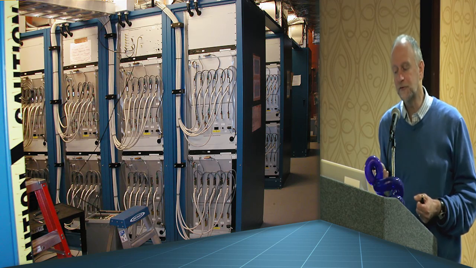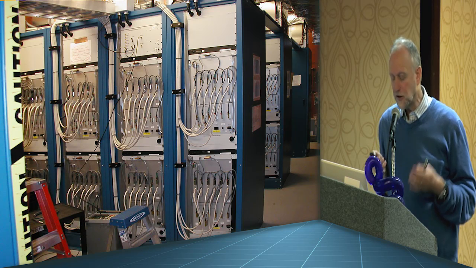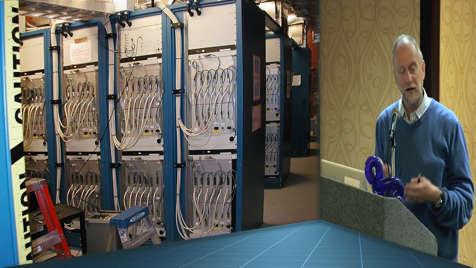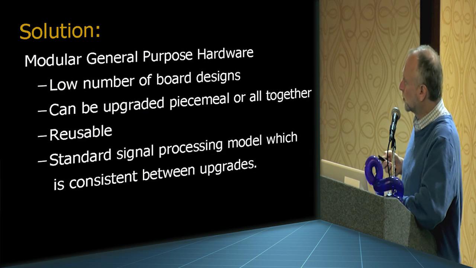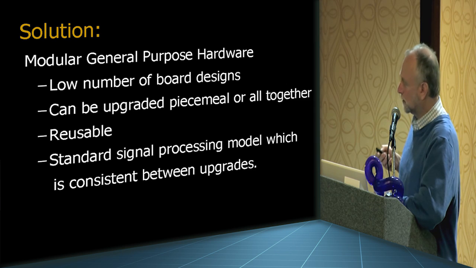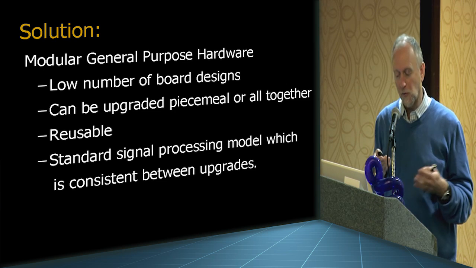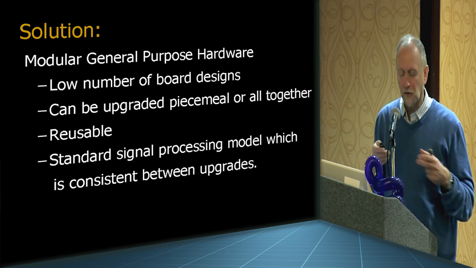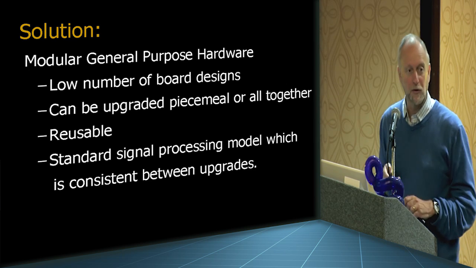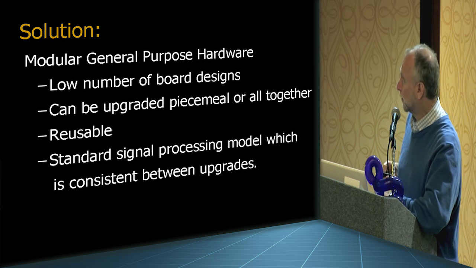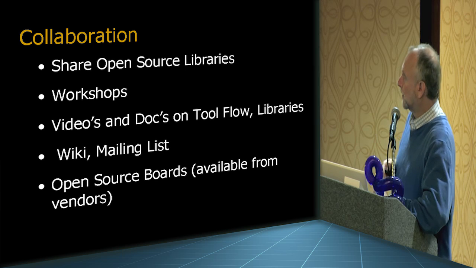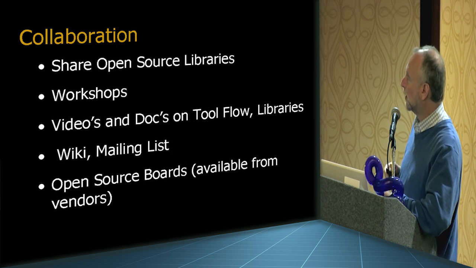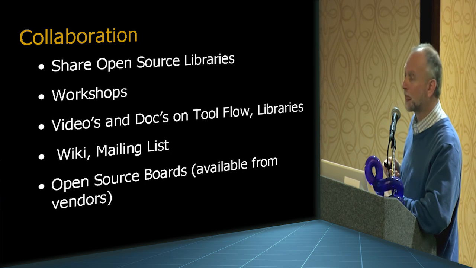What we want to move toward is industry standard interconnect. We want to have 10 gig, 40 gig, whatever you recommend, maybe InfiniBand. Instead of specialized hardware, we're trying to get general purpose hardware. It might have FPGAs or ASICs on it, but we want to make it look like a computer, like it's running Linux, and we want it to talk over Ethernet or InfiniBand. Our collaboration is developing open source hardware, open source software, and open source gateware, and I think it fits very nicely into your open source community.